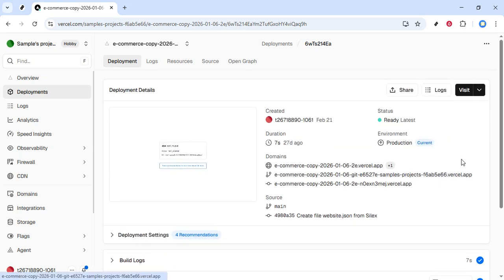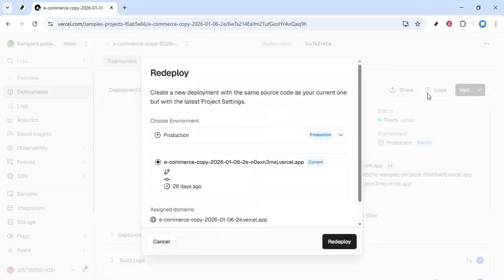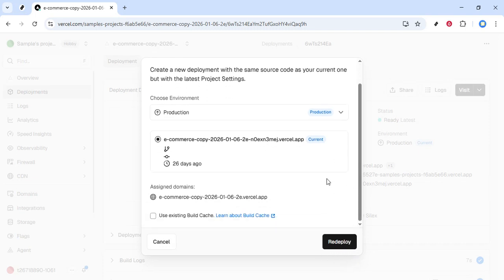Now look for the redeploy button on this deployment page. Its exact position can vary slightly depending on interface updates, but it's usually near the top right or in a visible action area. Click the redeploy button. When you do this, Vercel will prepare to create a new deployment based on the same settings and code reference